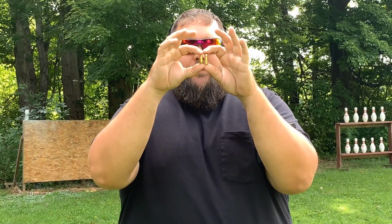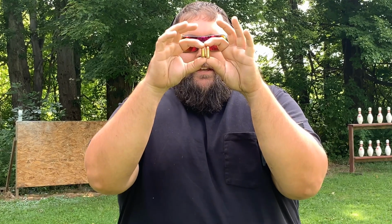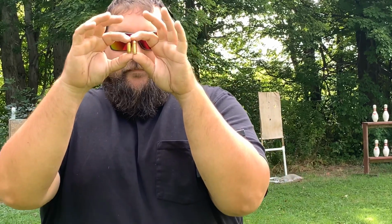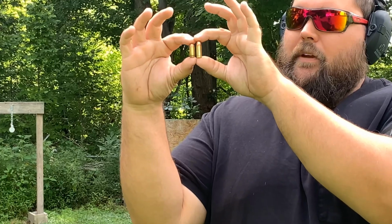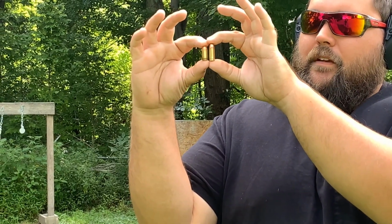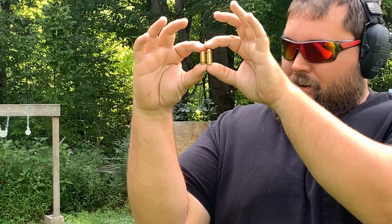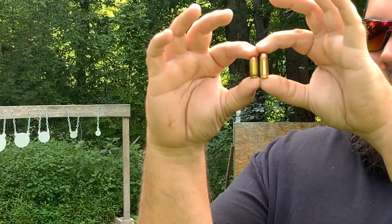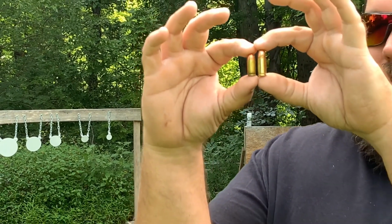I'll do my best to compare those two, and you can see the 9mm case is just slightly bigger. Hold them away from your face, to the side. Okay, so the 9mm is slightly bigger than the 380, and the bullets are almost the same size. The 9mm is a touch bigger, but really they're not too far off from each other. Just 9mm, bigger case, a little bit bigger bullet, a little bit more powder, and you get a far superior